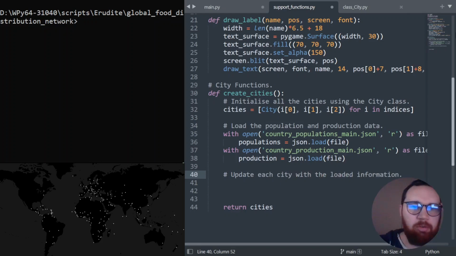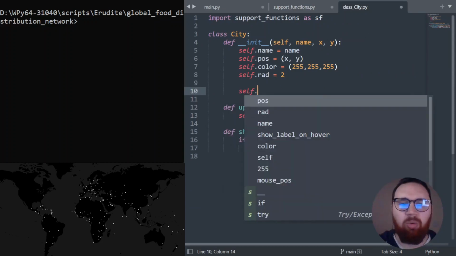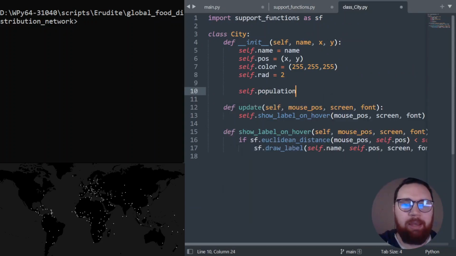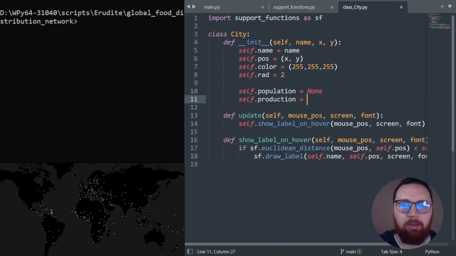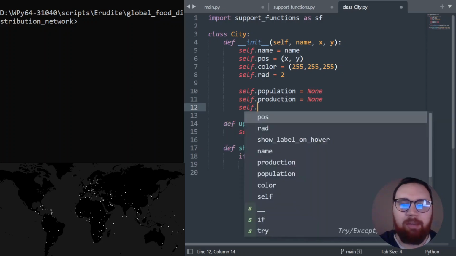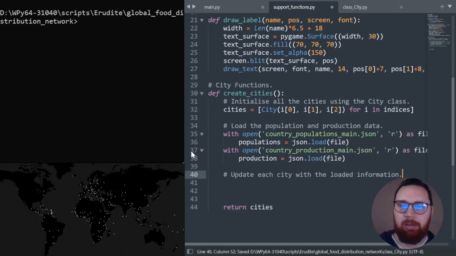So what I like to do is declare them in the initializer here so that we know what we're supposed to really be getting here. So all I'm going to do is prepare a whole bunch of values here, so population and production. We can also calculate the surplus at the same time, and we're going to see how we're going to do that. So let's save this, come back to here,